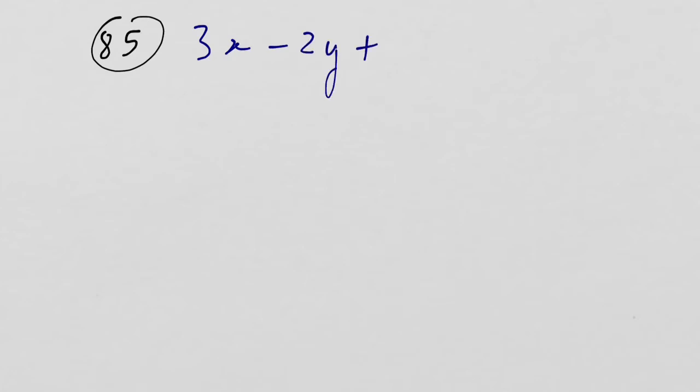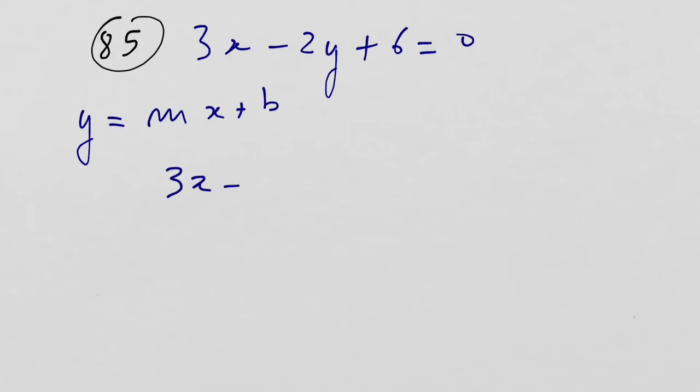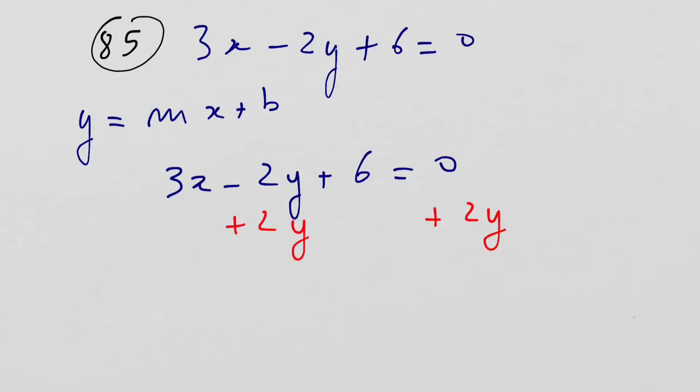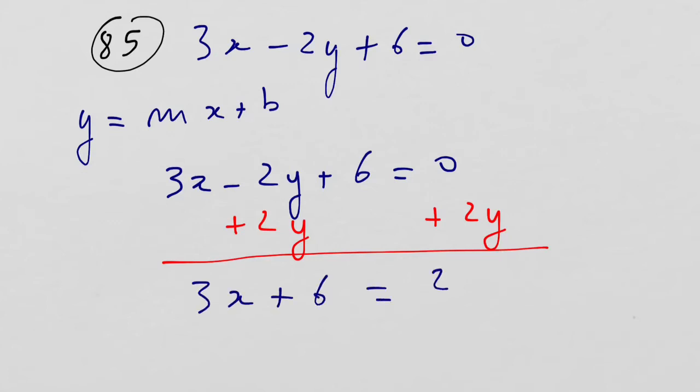Let's solve problem number 85. What do I have? I have the equation 3x minus 2y plus 6 equals 0. First and foremost, I'm looking to transform my equation into y equals mx plus b. So I need to isolate y. I'm going to add 2y to both sides, and I end up with 3x plus 6 equals 2y. And now I just need to divide by 2 everywhere